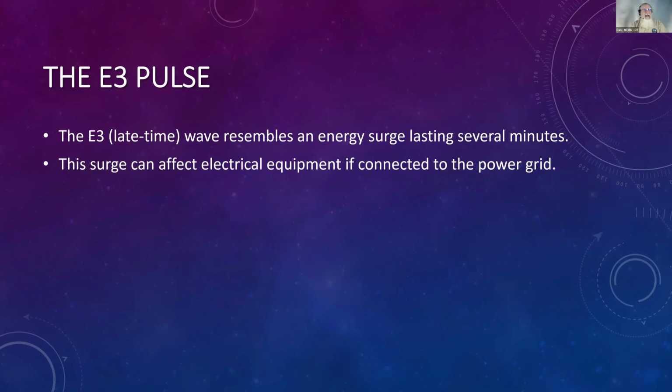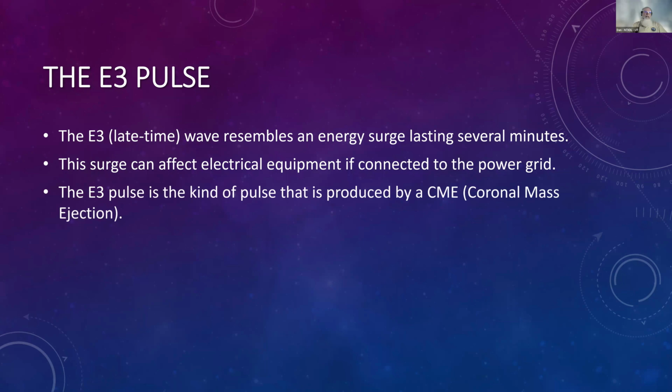So there's going to be a lot of snap, crackle, pop on the power grid if a CME were to directly hit the Earth. And we already know of current near misses. Canada had a big portion of their system go down because of a CME. There were a couple of other instances where we weren't hit head on, but if we are, things can start going snap, crackle, pop. With the E3 pulse produced by the CME, all you've got to do pretty much is unplug your devices from your outlet,